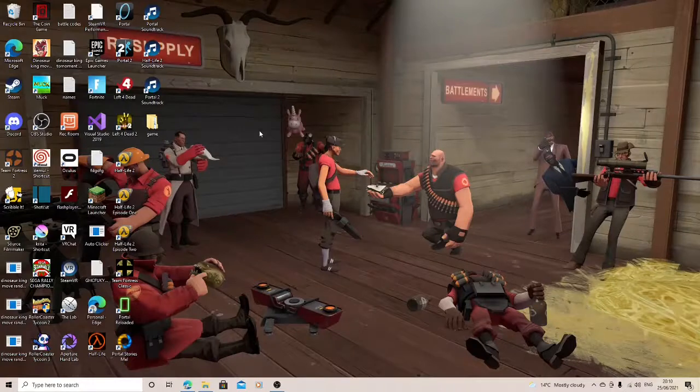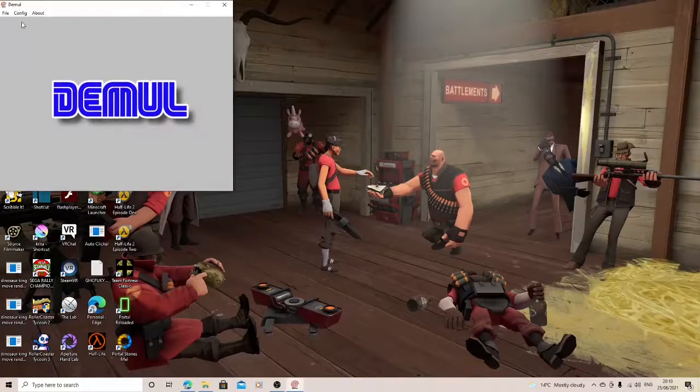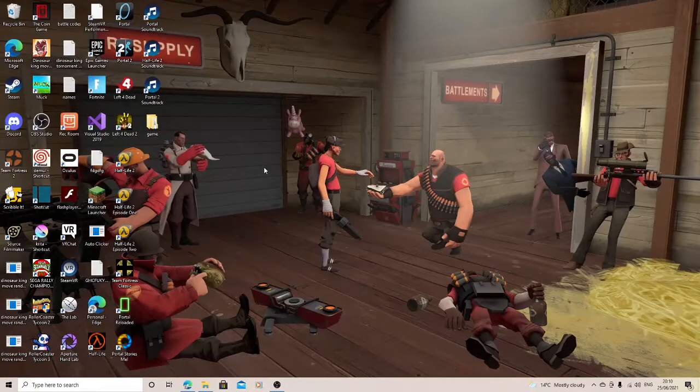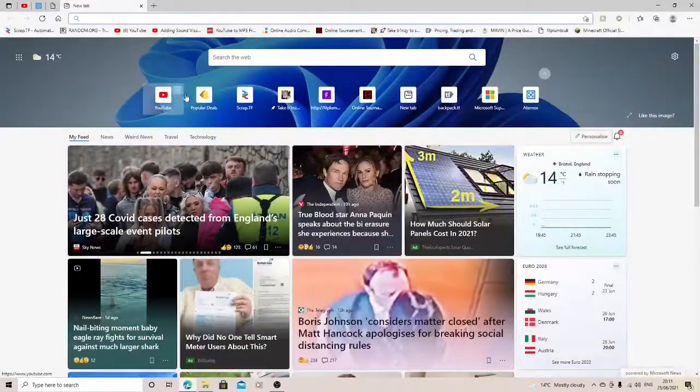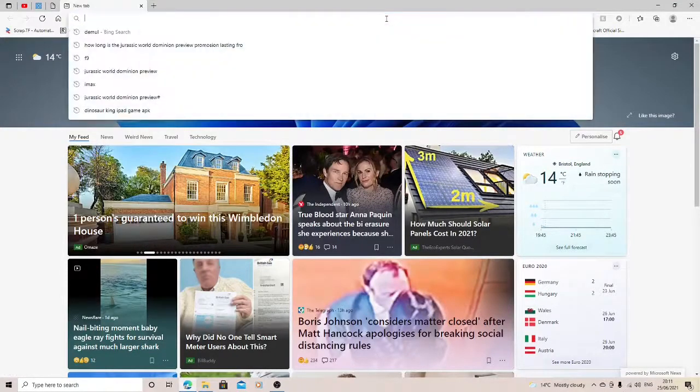So obviously when I play the tournament, I've got Demul here and all the stuff and such, but I'm going to be showing today how to get Demul and how to install everything for it. So the first thing you want to do is to go to any search engine that you use, like Bing, Chrome. I use Microsoft Edge because it's what I've got on this computer, and you want to search